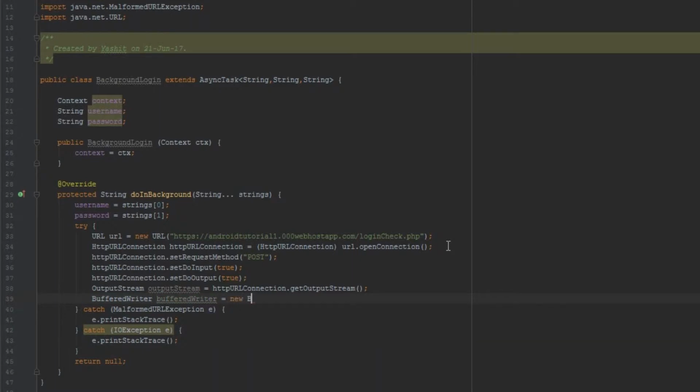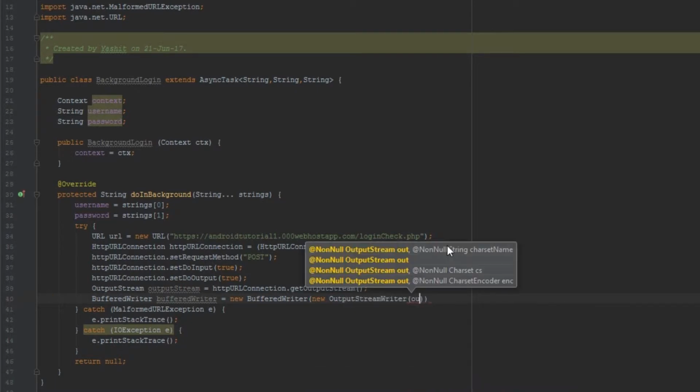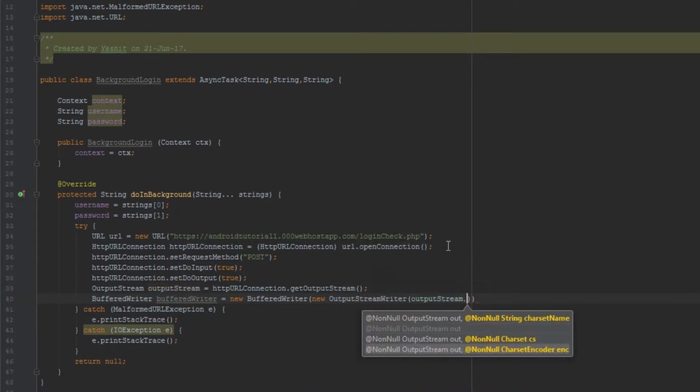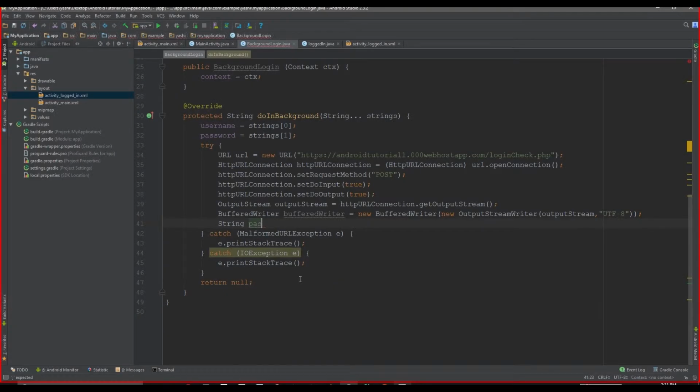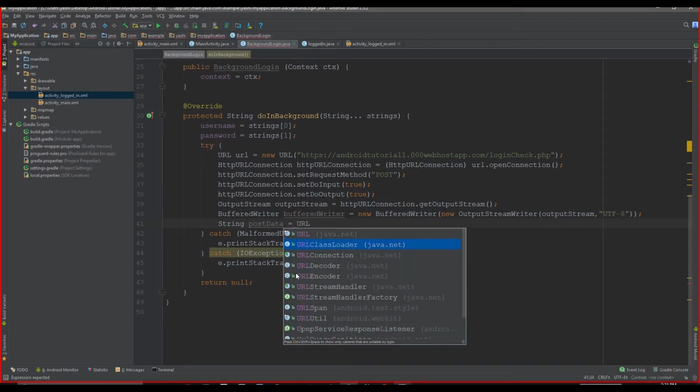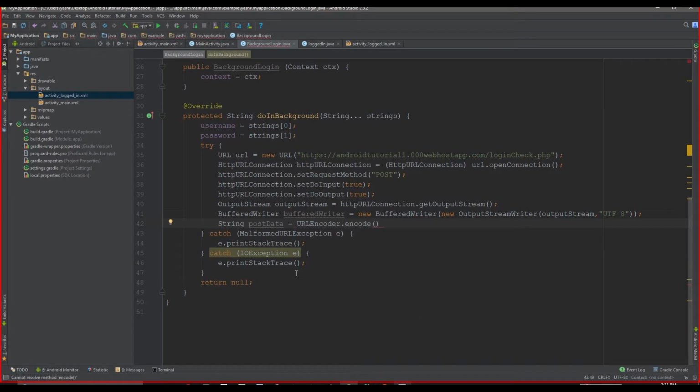New buffered writer, and then the character format, which is UTF-8. Next I can pass in the post data, which will contain the username in UTF-8,